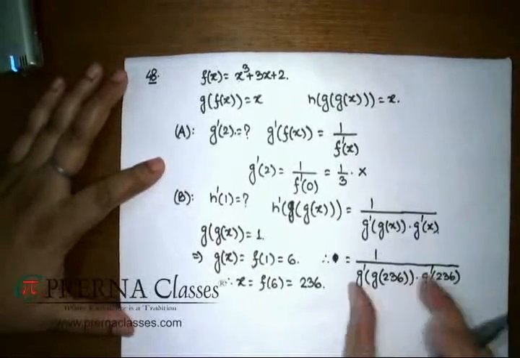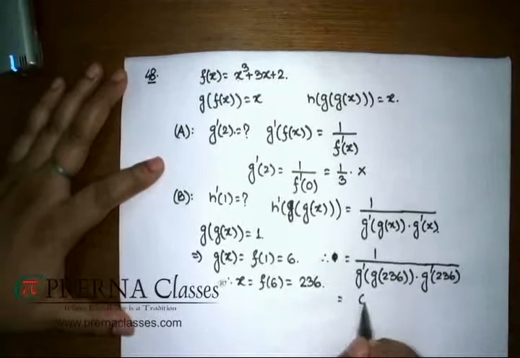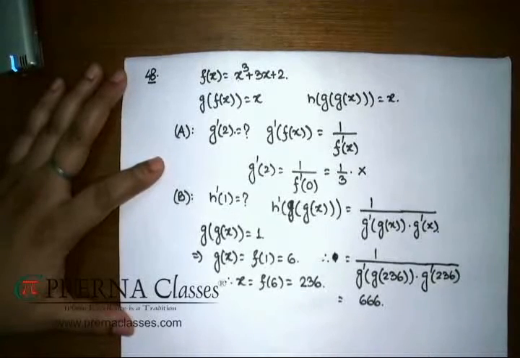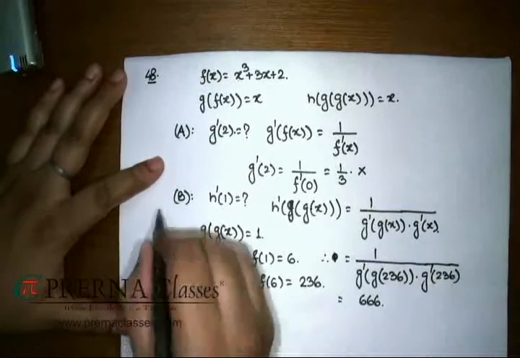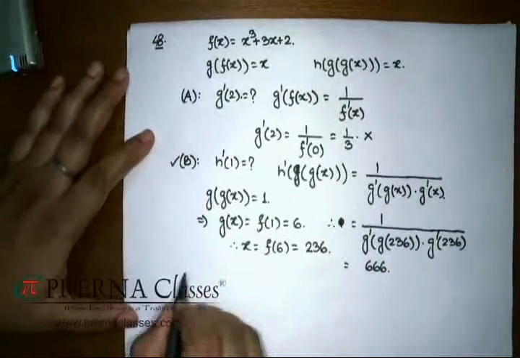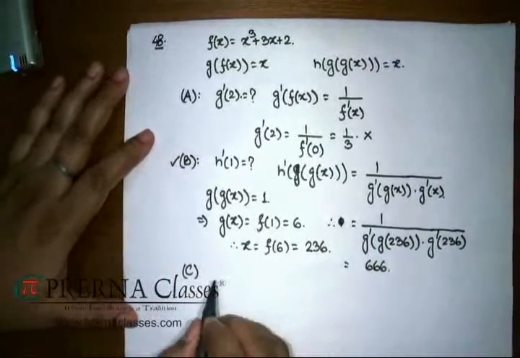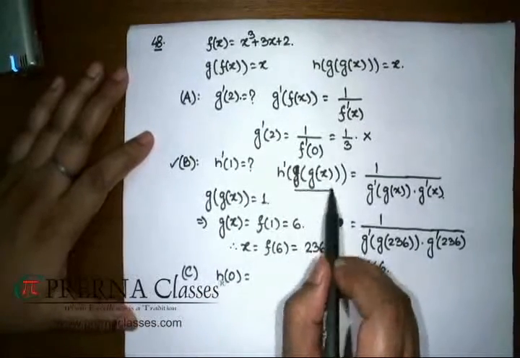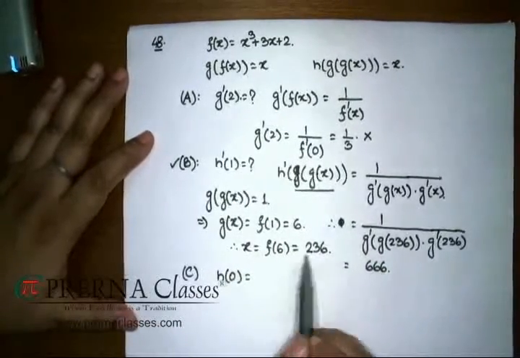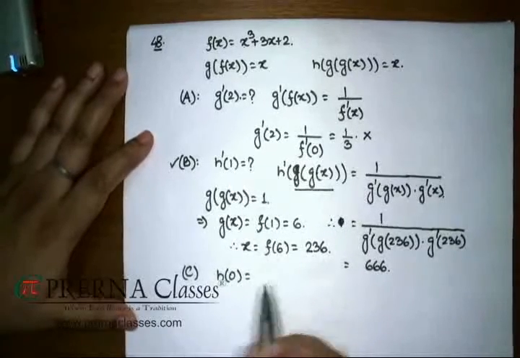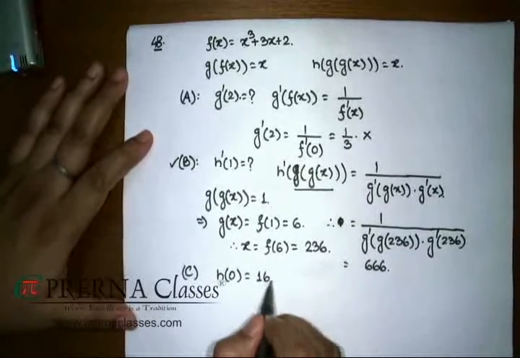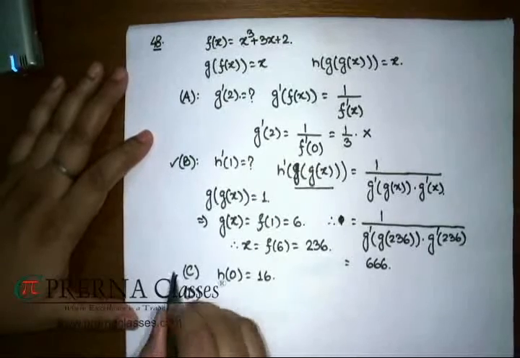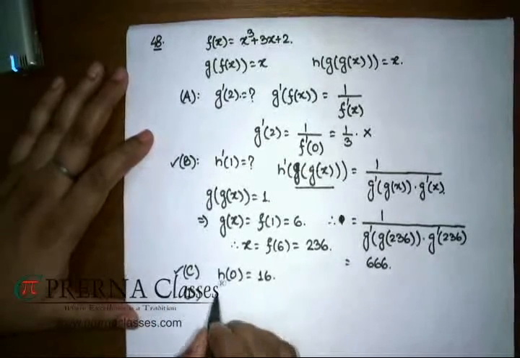The way we have discussed g of 2, in a similar way you can figure out all these values. This complete ratio is going to match with 666, which is given to you as one of the correct answers. So B is correct. In case of option C, I guess that is straightforward. Just make sure that this quantity is 0. The way we have discussed this X, you can manage it. If you check, you will end up getting 16 as the correct answer.